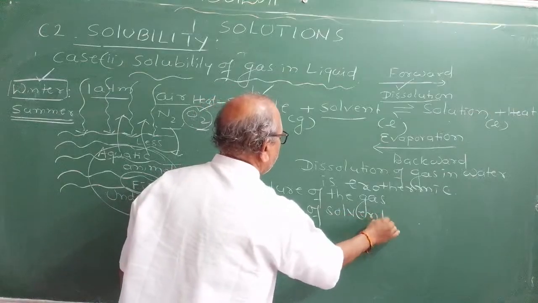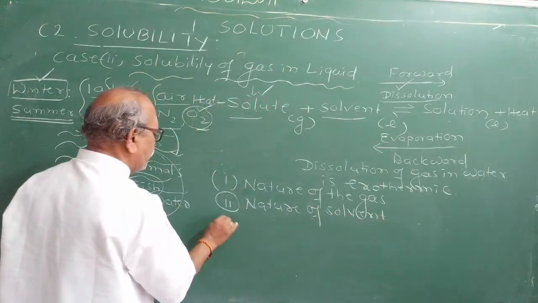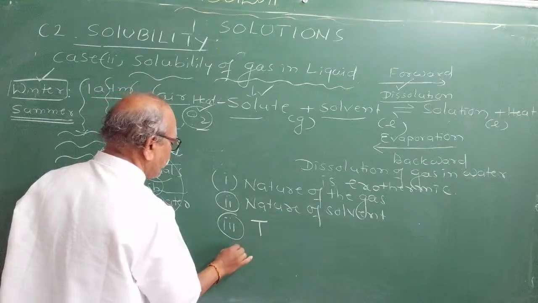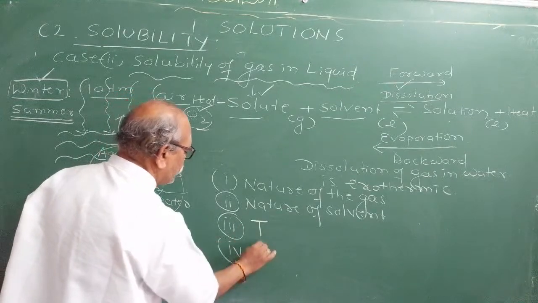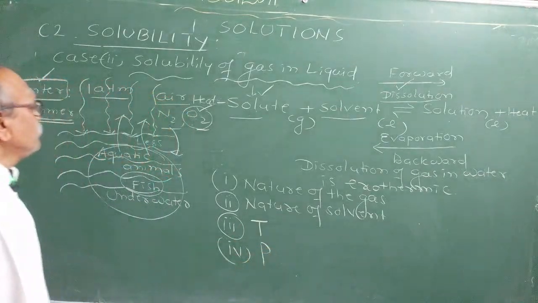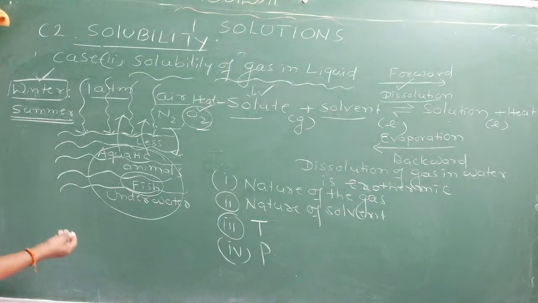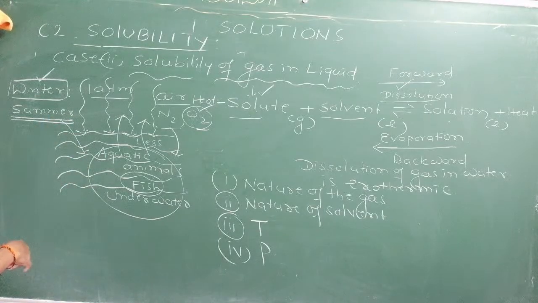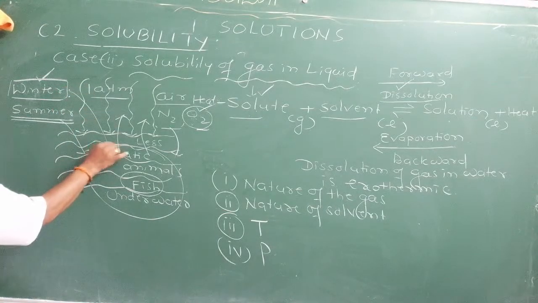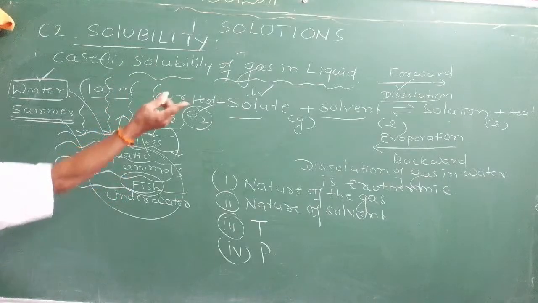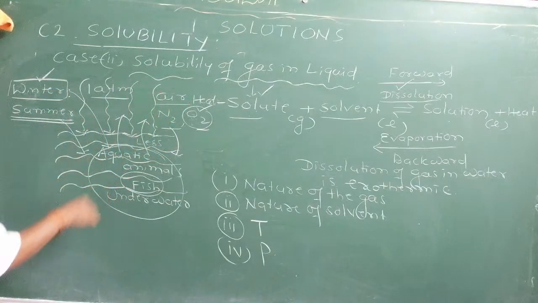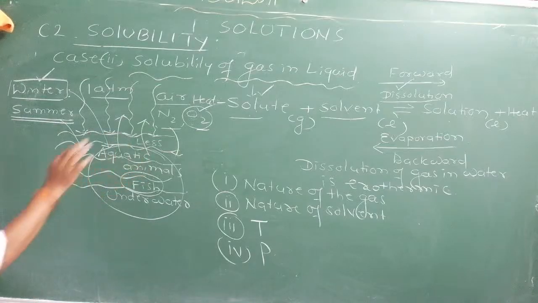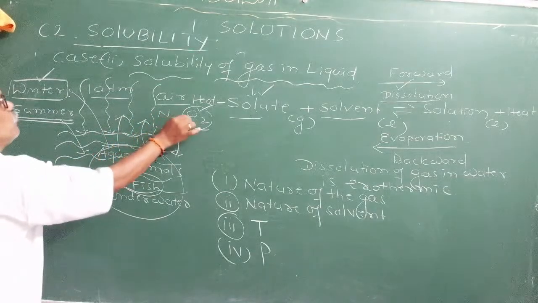And it also depends mainly on water, temperature and pressure. Let us take the same example of why aquatic animals die in the summer season and can survive in the winter season. They migrate to other places where there is a winter season, aquatic animals, because at room temperature,